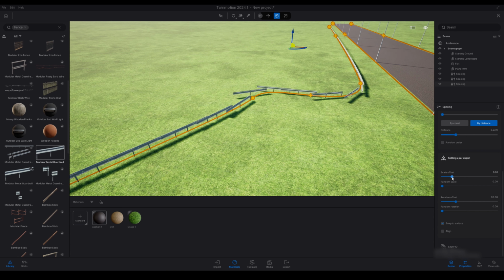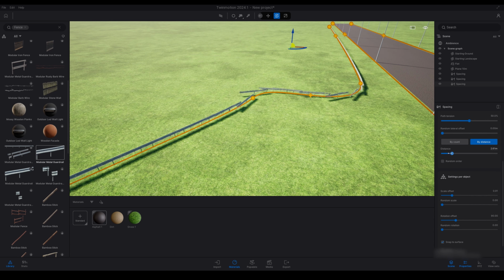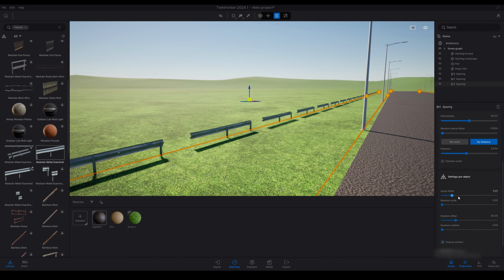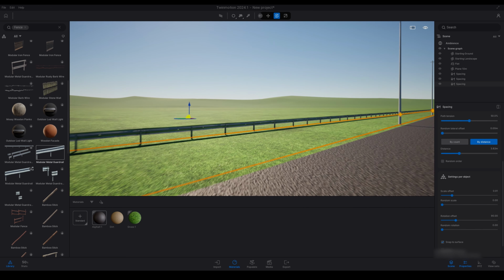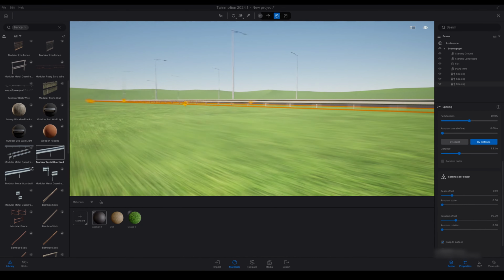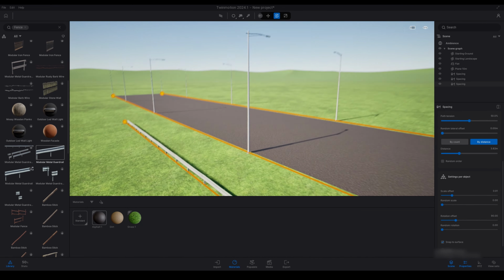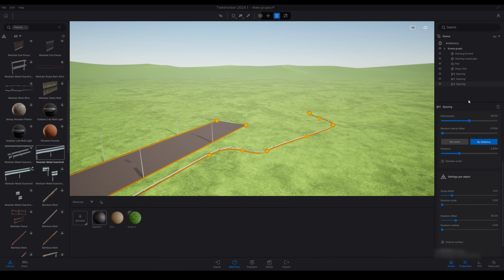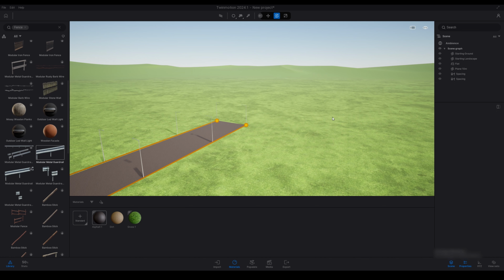So again, if the corners are too sharp, then it won't work with the railing. So yeah, you just have to play around to get it to work. Just make sure that the corners aren't too sharp. That's all really. But it really works on the straight lines here. As you can see, it's created a decent looking highway rail, which I could use for a scene. It saves me having to copy and duplicate so many objects.